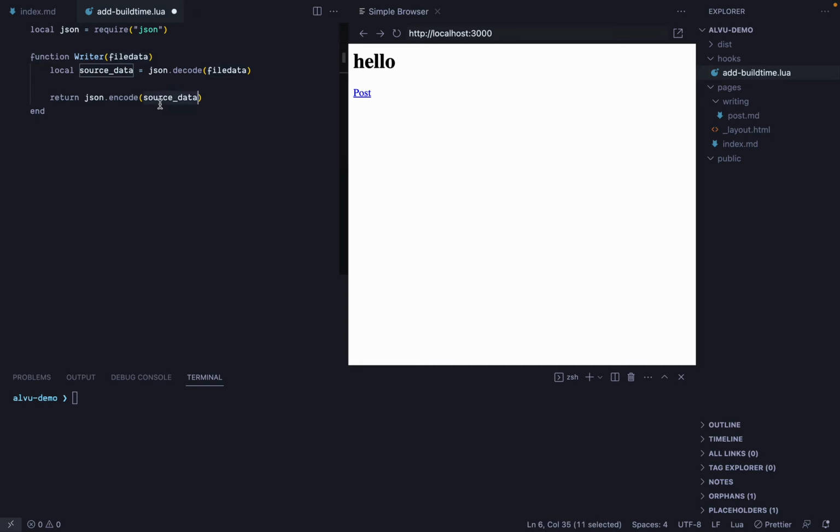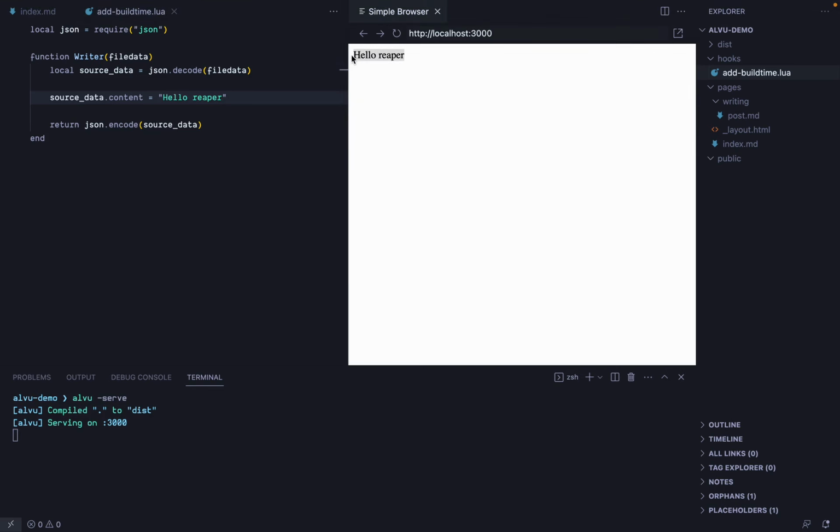So now there's a certain set of things that I can change over here. To start with, let's just say I wanted to change the content to always be Hello Reaper, and I just save that, and let's say I run alvu serve on this and we run a quick refresh. You will see that it says Hello Reaper. Not just here, but if I go into writing/post, it says Hello Reaper there as well. Now basically you've replaced what content was available,